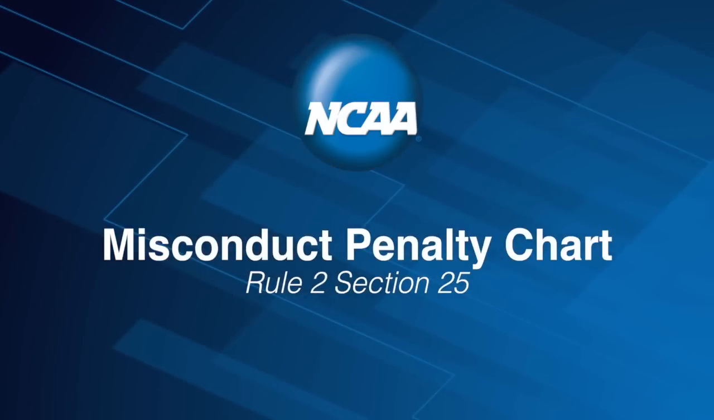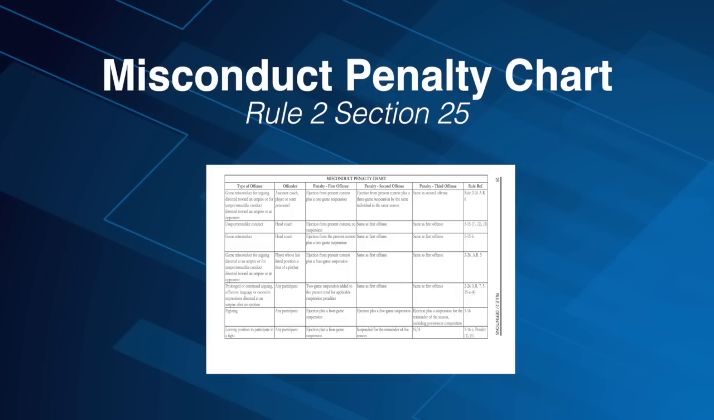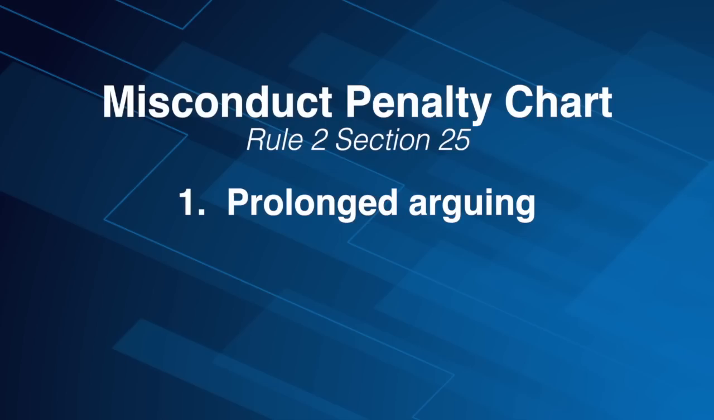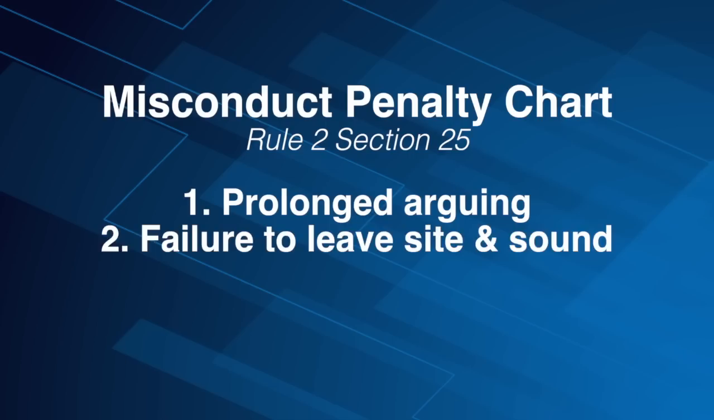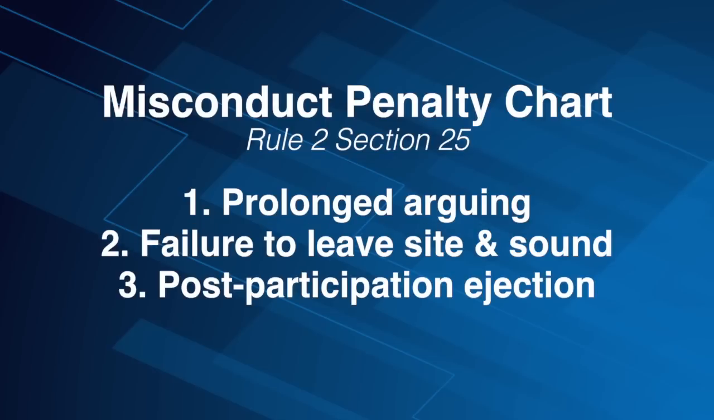To assist all in understanding the various suspension penalties in the rules, a new chart has been added to Rule 2.2.5 in 2015. All coaches and umpires should especially study and learn the basics of this chart and the specific violations that may trigger a suspension, such as prolonged arguing, failure to leave sight and sound following an ejection, as well as understanding that, in most cases, a post-participation ejection for unsportsmanlike conduct towards an opponent or umpire will result